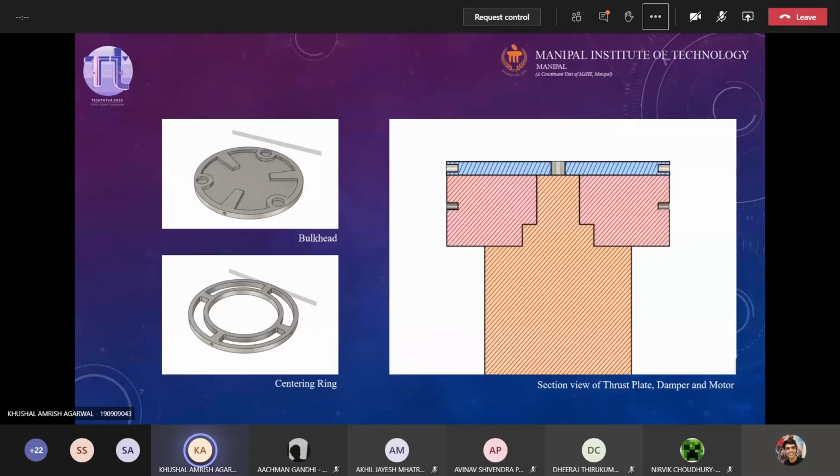Again, keeping in mind the material selection criteria that I mentioned before. Yeah, Achman. Steel probably, because it's very strong. Yes, steel will be a good material, and it can be used. But again, we have to reduce the weight of the rocket, right? Otherwise, we can't put other components, because we then won't attain the target apogee of the rocket. So we don't usually use steel for the thrust plate, but we use an aluminium alloy.